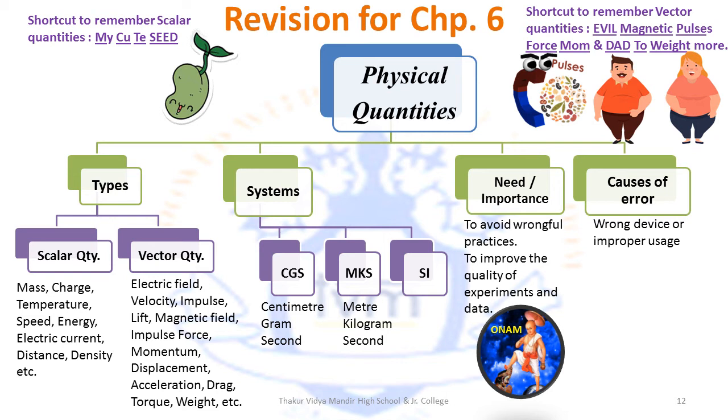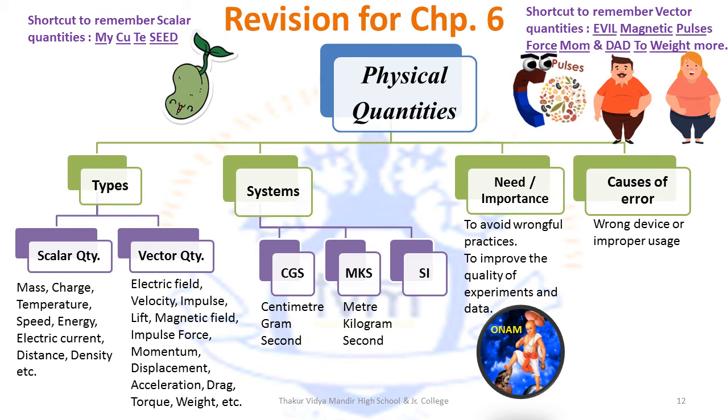There are three systems of measuring physical quantities that we will tackle in this chapter. The CGS system, centimeter gram second, the MKS system, meter kilogram second, and the SI system, which has 7 fundamental units. All three of them are built upon the other. So if CGS came first, then MKS was built upon it, it's its successor, and SI was built upon the MKS system. So SI has meter, kilogram, second, and the remaining 4 are Kelvin, ampere, candela and mole.